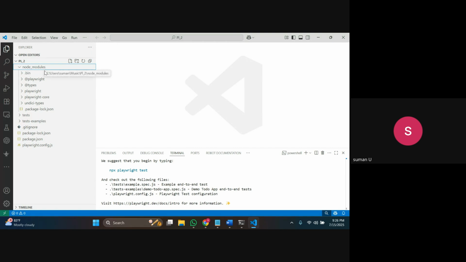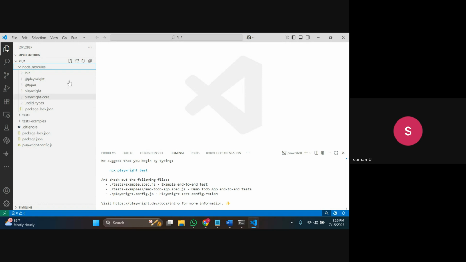Normally, whenever you create a Java project, whatever libraries you install are automatically added to your project under reference libraries. It means whatever jar files are required to run your project will be automatically added to that particular Maven project. In the same way, whenever you run any node project,